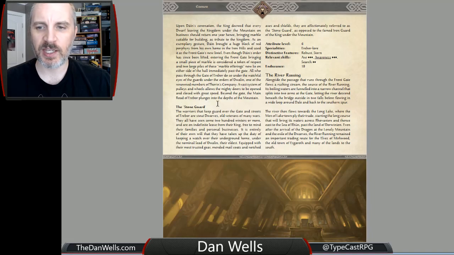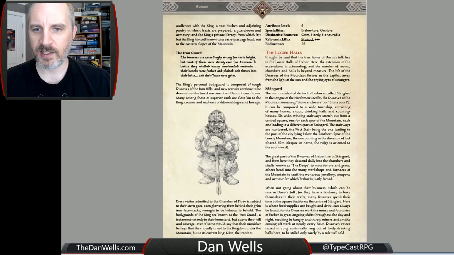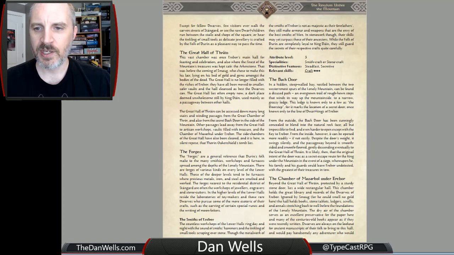So the people who watch the gate are called the Stone Guard. There's their stats. Don't fight them, because you will lose. Then, what is the council like? The Iron Guard. It talks about the upper halls, the lower halls. Some interesting things like the Great Hall of Thrain, for example. This is where...